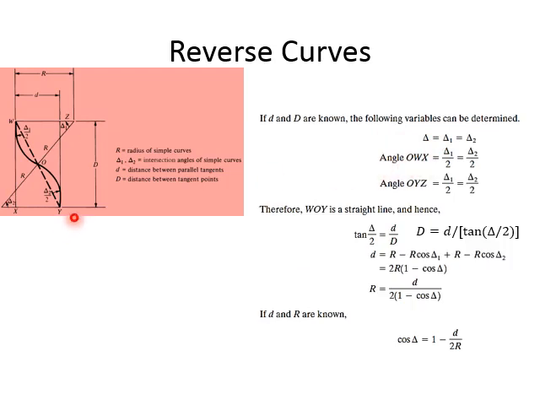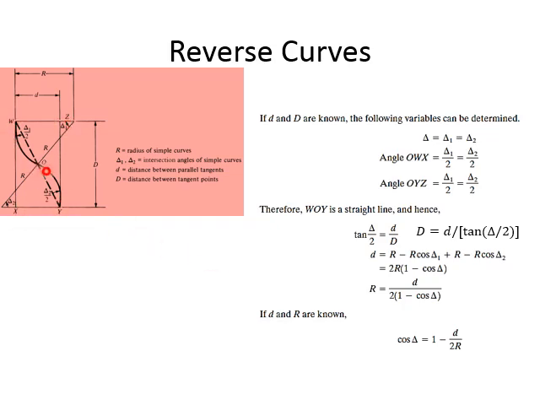So the angles are the same. And if you take the angle between the tangent, any tangent, and the chord, then it will be half of the deflection angle. So you can see OWX and OYZ are basically these angles, the angle between the tangent and the chord. And if you look at this triangle